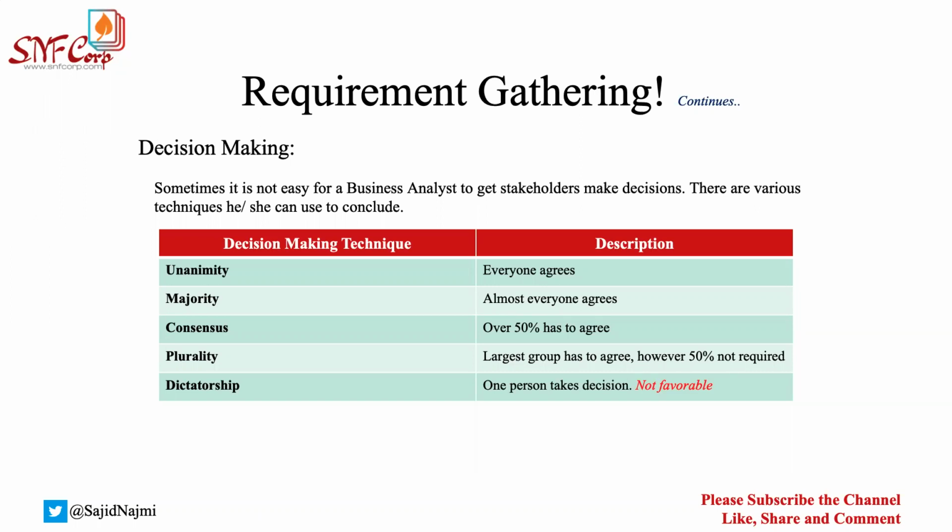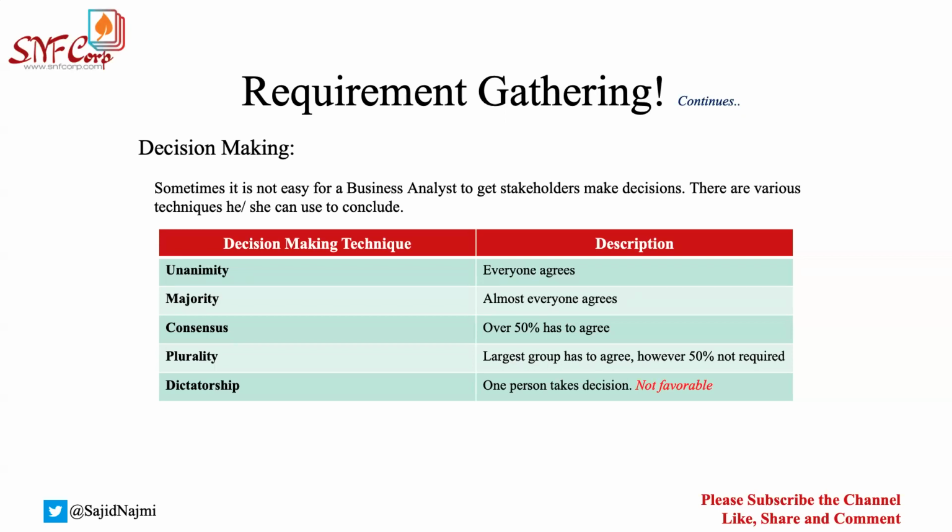Because we agreed if we have over 50% of the vote, we will go ahead with that. So you have to set the proper expectations as well before you do all these techniques. Plurality. What does it mean? The largest group has to agree. However, 50% is not required. So before you started using these techniques, you have discussed with the group of the people